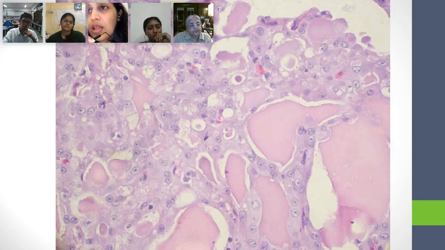Then there are these multiple vacuoles in the cytoplasm. Excellent. Then the nuclei look round to oval. Some of them are even showing mild pleomorphism, different sizes. Different sizes is not pleomorphism. Pleomorphism is different shapes and sizes. What is different sizes called? Anisocytosis. That's for the cell. If it's the nucleus, then anisonucleosis. All right.